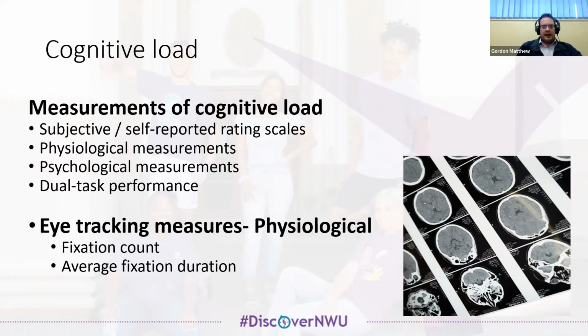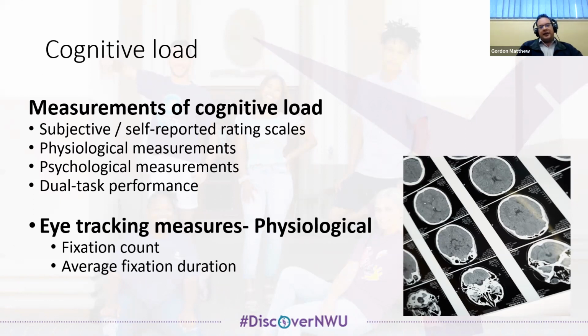And then dual task performance has to do with giving somebody a primary task, and while they're doing the primary task, you give them a secondary task to divide their attention and see if that influences their performance